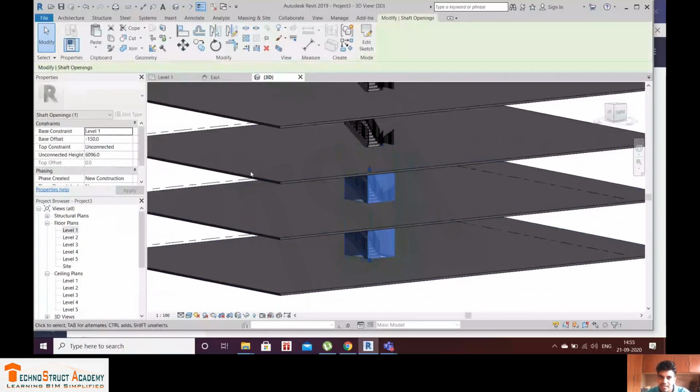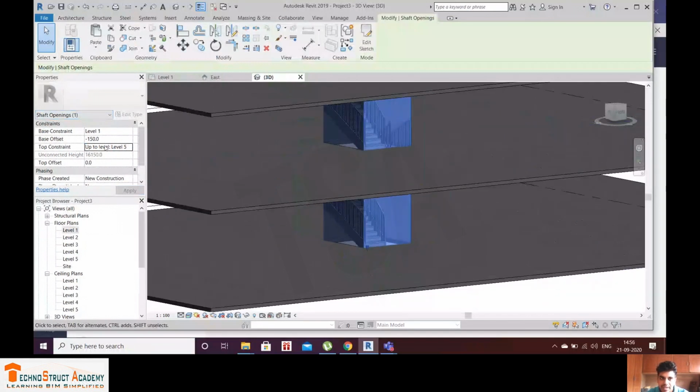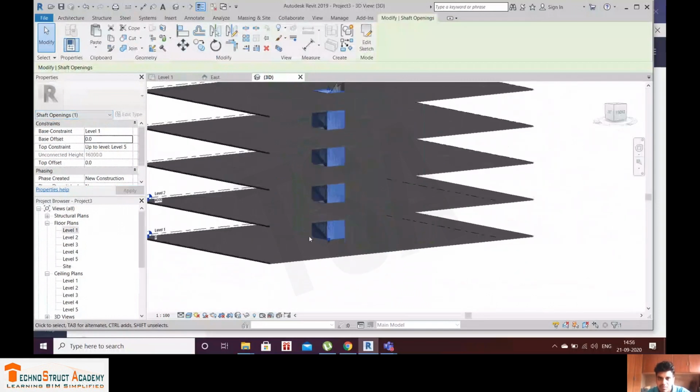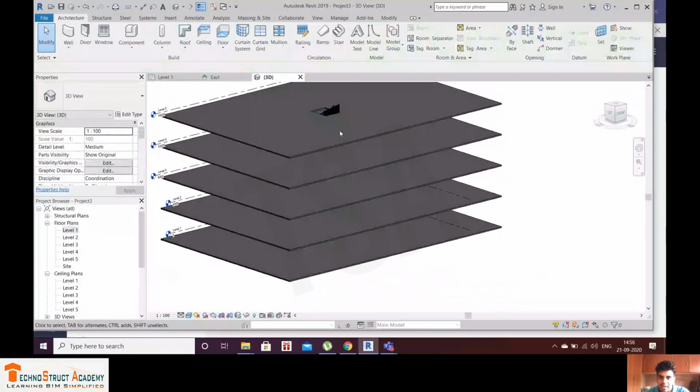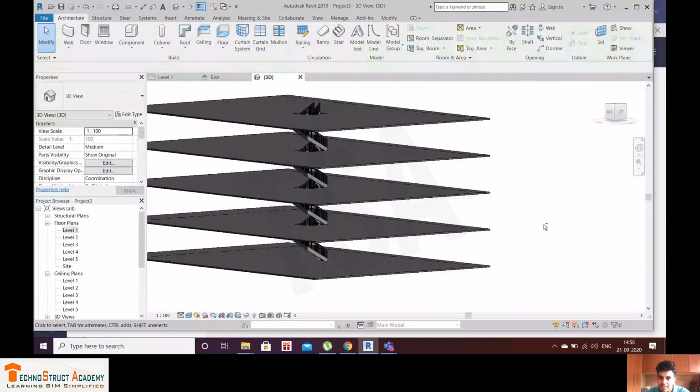Once you select this, you get this option in properties, shaft opening. The top constraint must be level 5. Now we don't need any opening on the base floor, so the offset must be 0. So you can create multiple openings with the help of the shaft command.